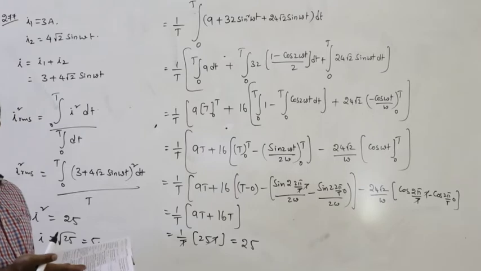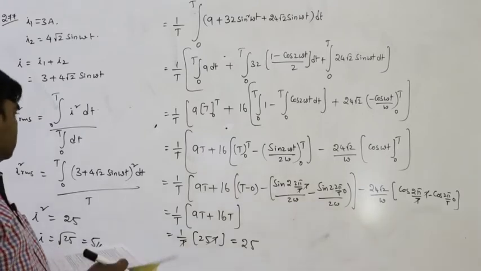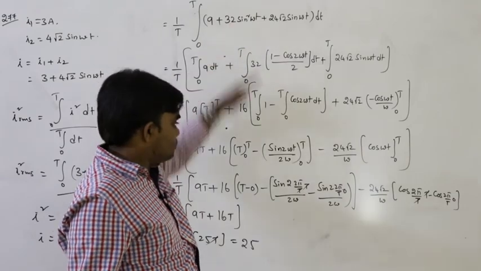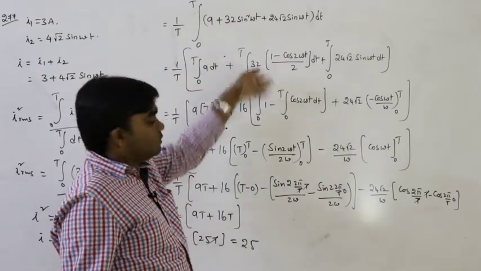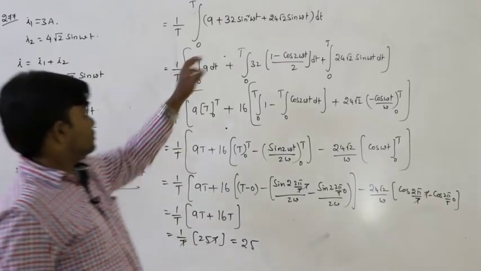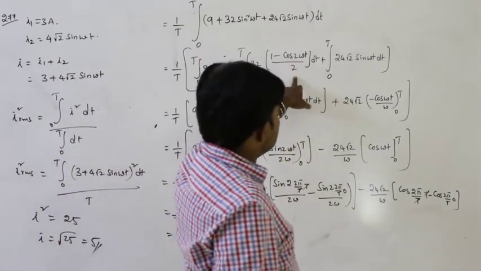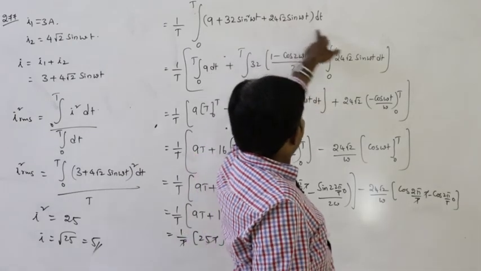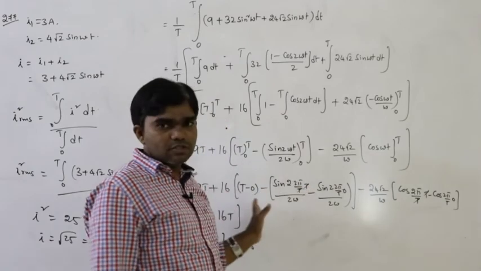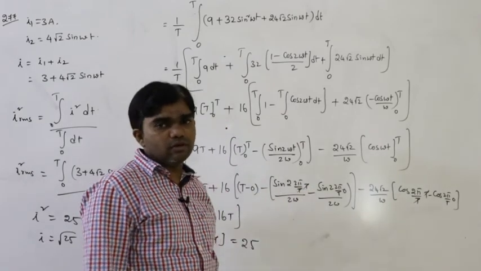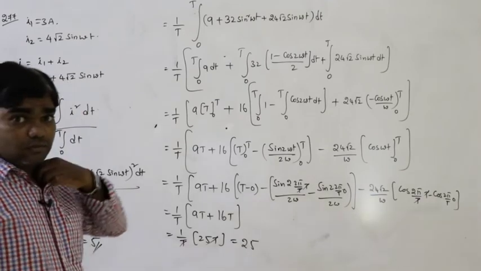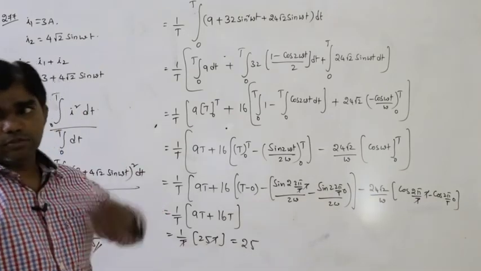Simple 2 steps mentioned in here, but what is the option? Up to here only is given in your textbook, but the solution will be like this. In total we have to do this calculation. Sin square omega t can be written as 1 minus cos 2 omega t by 2, and the integral of sin omega t cos omega t by omega. For MPC students it is very easy, but BPC students have too much problem with the basics here. So we have to know the integration formulas, otherwise it is not possible to do this.